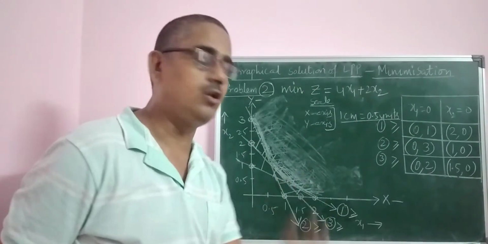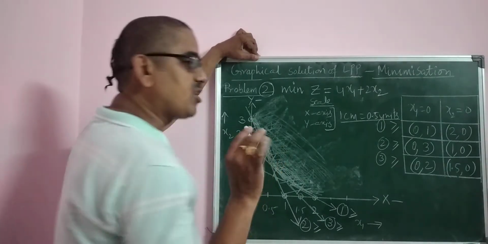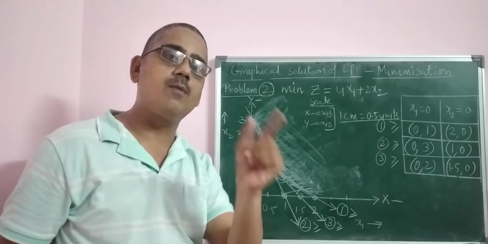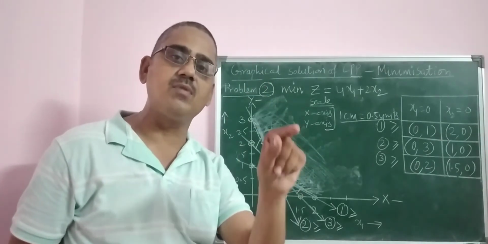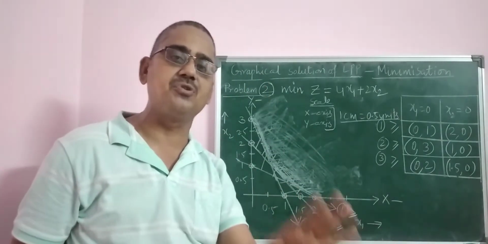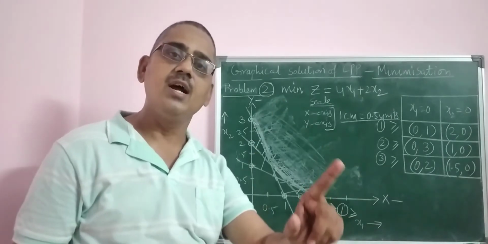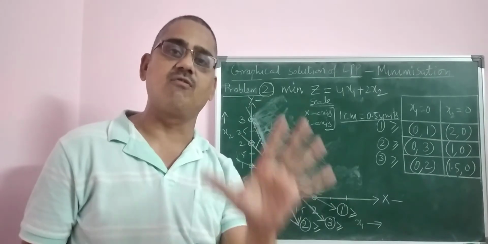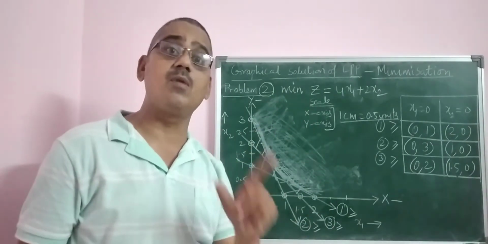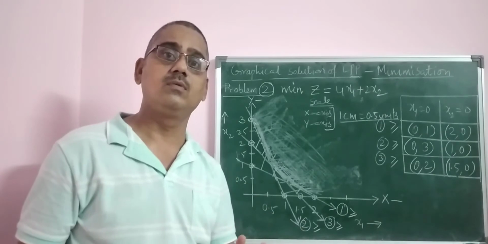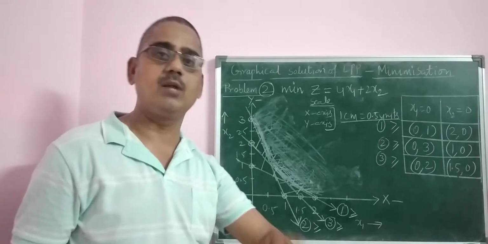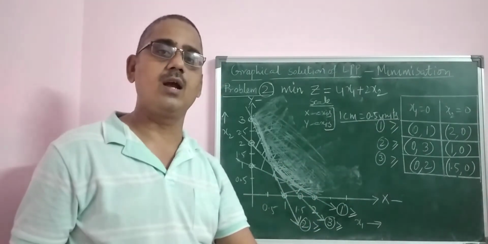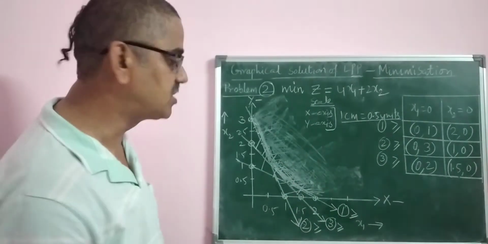Why? I'll tell you. First of all, draw the best possible points of the unbounded common region. First we say it is a common region, then we decide whether it is feasible or not. It is an unbounded common region first of all. Whether it is feasible or not, we don't know yet. I know it, but if you want a clear specification, I will specify.